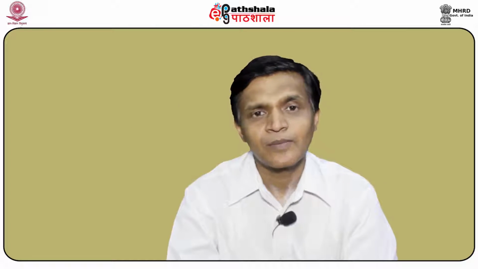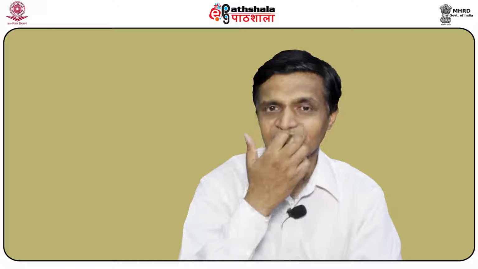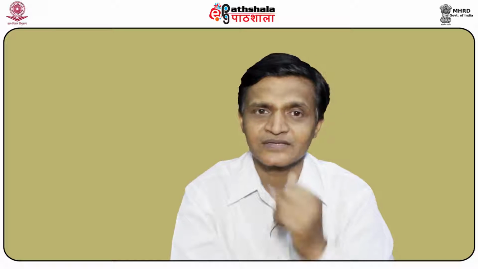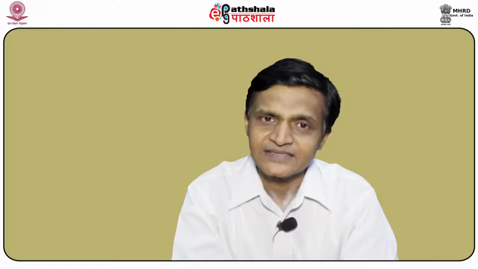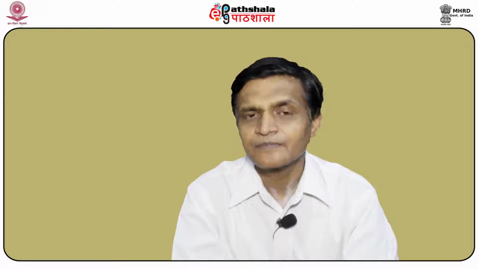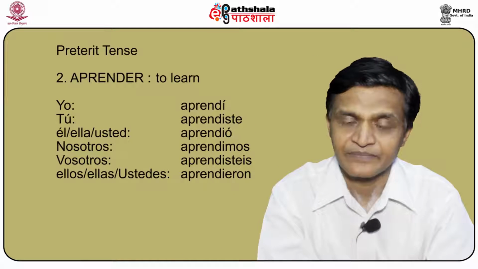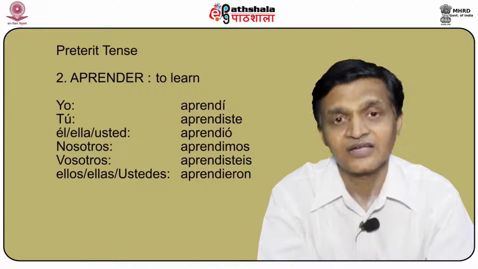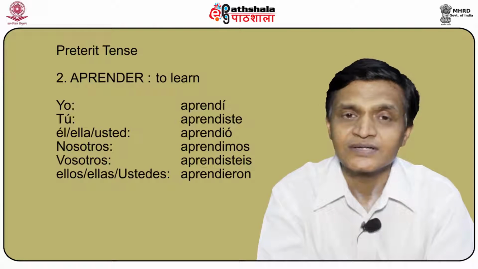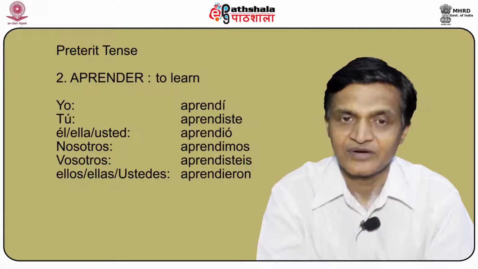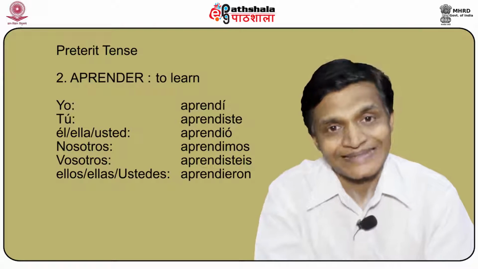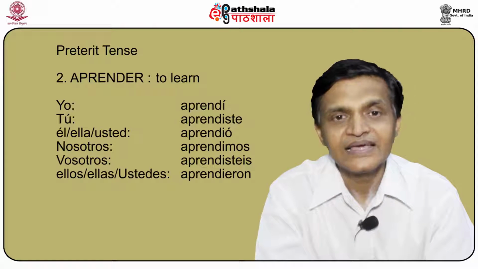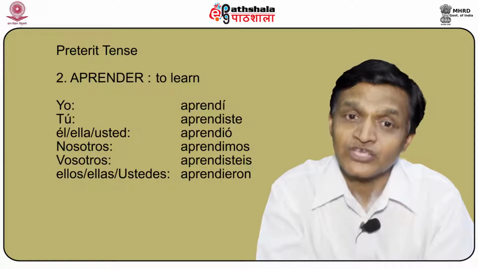Now let's talk about the present tense we've already done. Let's talk about the preterite. What happens to these verbs when we are talking about the preterite tense? So let us pick up the same verb that we had done earlier in the present tense, which is aprender, for example, which is an ER ending verb, and it means to learn. Aprender, ER ending verb. So in preterite, the conjugation becomes yo aprendí, tú aprendiste, él, ella, usted aprendió with an